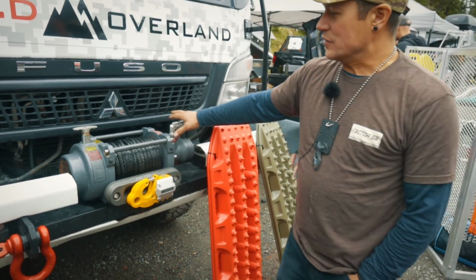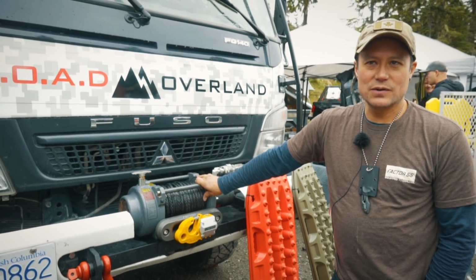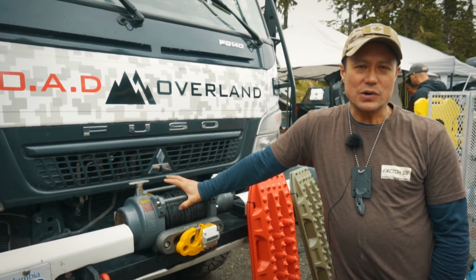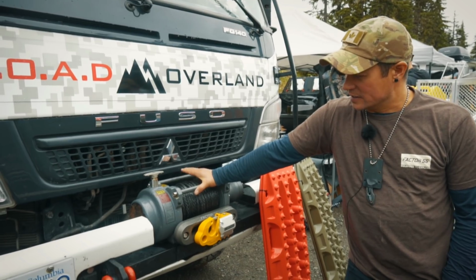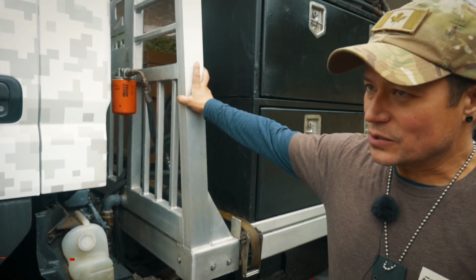The nice thing about the hydraulic winches is you don't get the lag like you do with the electric winches. Plus, a large winch like this can drain your battery pretty quick, where with hydraulics you're not draining your battery, so it's nice to have lots of power. So once again, because I've decided to go with a hydraulic